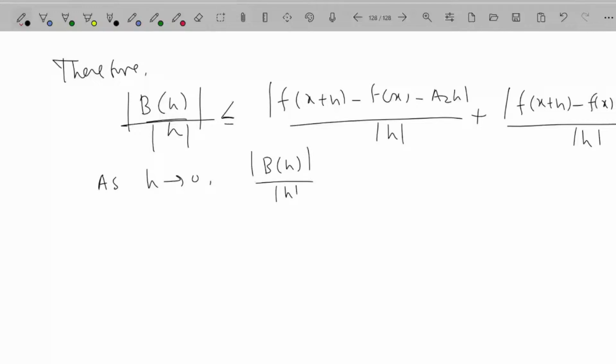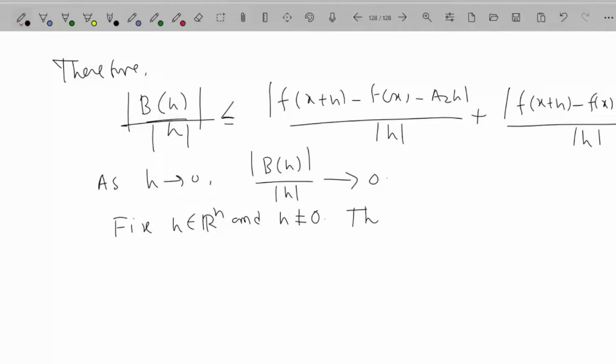Is it clear why it maps towards 0? Because A1, A2 are the derivative of the function at the point x. Okay. So now these two we prove. Now fix an h. h belongs to Rn and h not equals to 0. Then